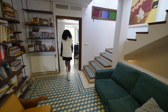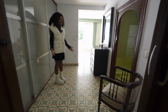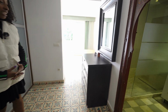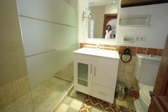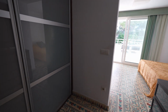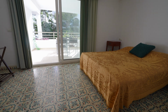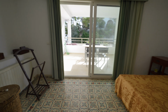I'm going to take you through to the primary suite. The primary is really just as quintessentially Mediterranean as the rest, with this interesting Mediterranean tile flooring. To the right, you have, through rustic doors, a fully equipped ensuite bathroom. On this side, you also have a wall of integrated wardrobes, and then it leads to the sunlit space that is the bedroom. Altogether, it is 27 square metres, and I love how it's got patio doors that lead out